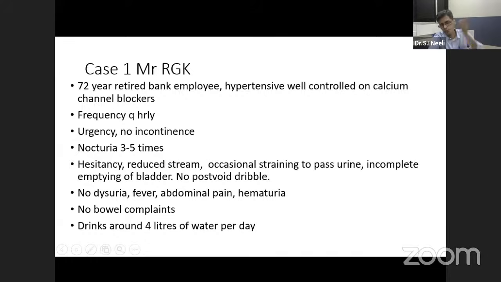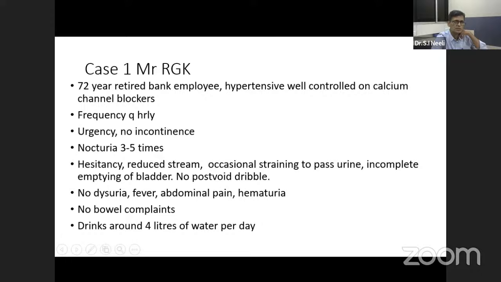So with this brief background of the pathophysiology of the lower urinary tract symptoms, as well as what all drugs can be utilized for them, let us have a few case scenarios and see how to approach the patient. The first patient is a 72-year-old retired bank employee, a hypertensive who was well controlled on calcium channel blockers. He complained of hourly frequency, urgency without any associated incontinence, and nocturia of 3 to 5 times,